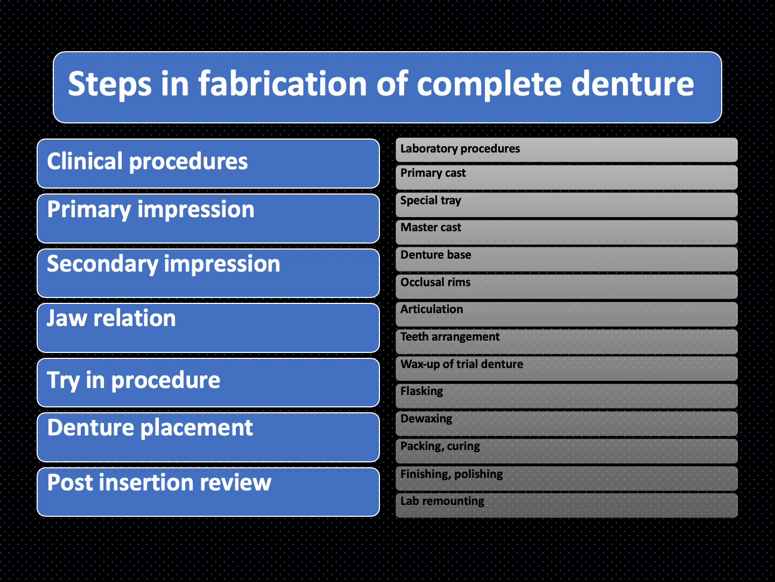Once the try-in is done, we proceed with the wax up of the trial denture, do the flasking or investing, and dewax to create a mold for packing of the resin. We do packing, curing, finishing, polishing, and finally lab remounting to ensure that there are no